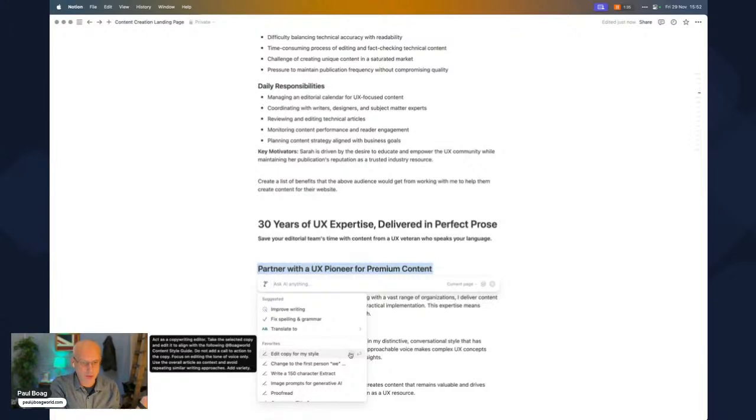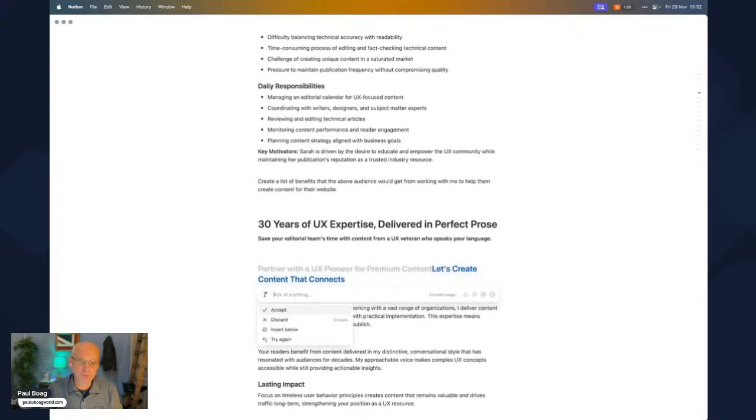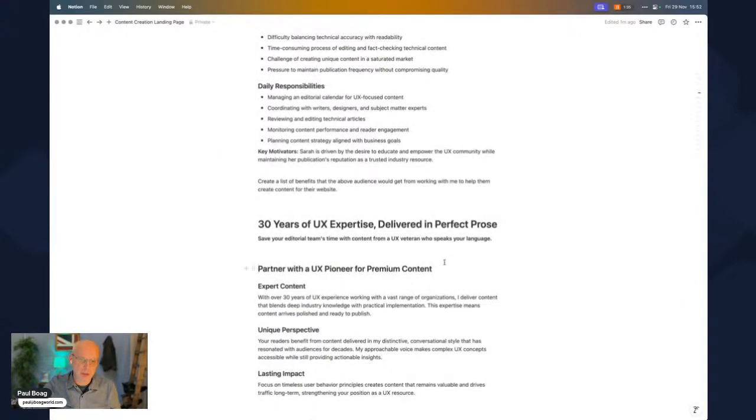Do not add a call to action to this copy. Focus on editing the tone of voice only. Use the overall article as context, and so on. So let's see what it does with that. Yeah, I don't really like that, but you get the idea anyway. I'm going to stick with the RC version.